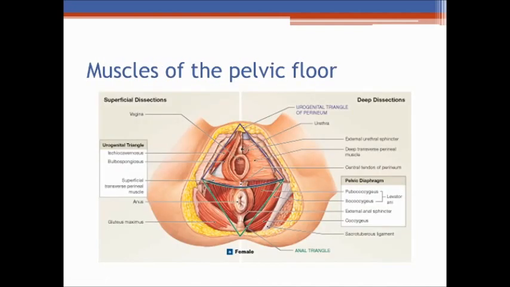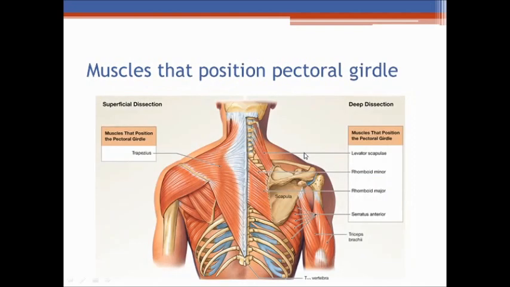There's also muscles of the pelvic floor. This is an example of a female, but these are found in both males and females. There are muscles of your pectoral girdle, so your trapezius. A lot of people think it's only in the shoulders,